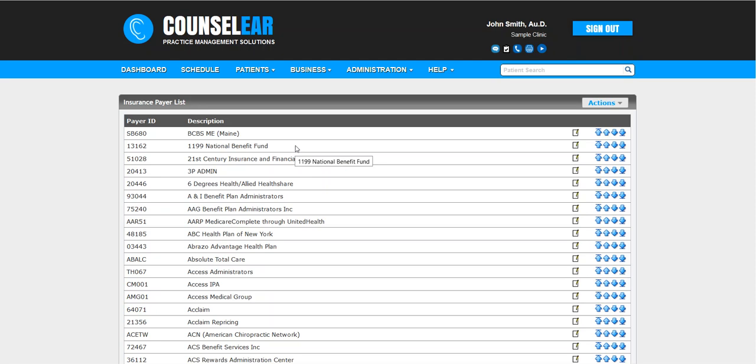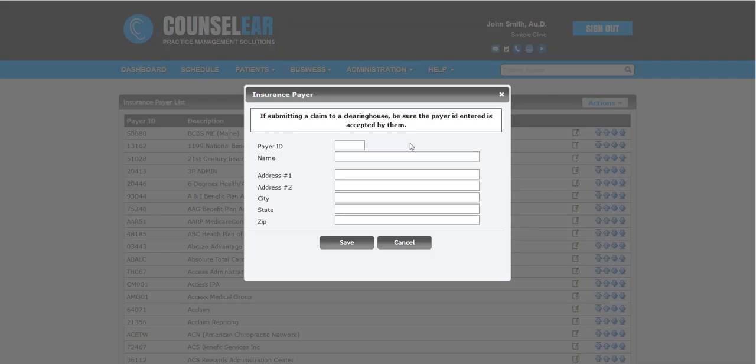Okay. You also have the ability to add new, and this really falls right back in that same category where you're working with a very specific payer that is obviously not currently on this list that wants you to submit by paper. Okay, if that scenario comes into play, then you can go ahead and add a payer. I would caution here, if you intend to submit claims through the clearinghouse to this new payer, meaning you're working with someone, they're not on the list, but you still want to send the claims electronically, you would not do this step. You would work with your clearinghouse, whether it's ClaimMD or Apex, to make sure they're added to the list